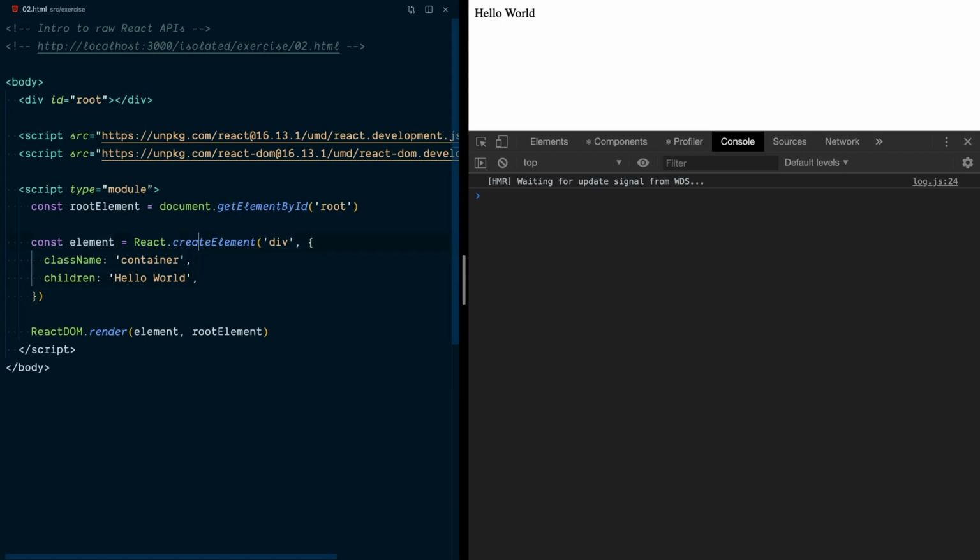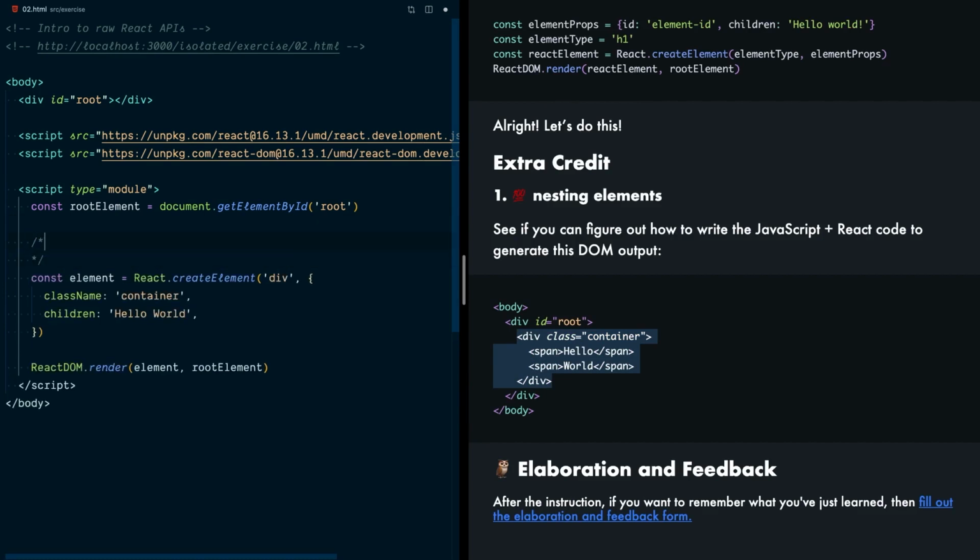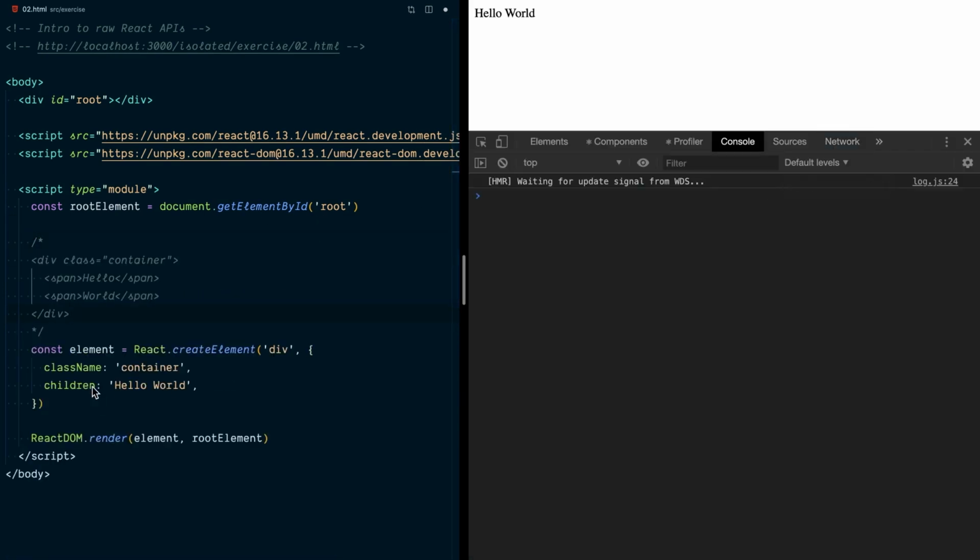And what we've got here is an element that we're creating, and it's a div. Let's just get a reminder of what this looks like. I'm going to grab just the part that we care about, copy this, and paste it right here so we can reference it easily. And so what we want to do is take this div with the class name of container,